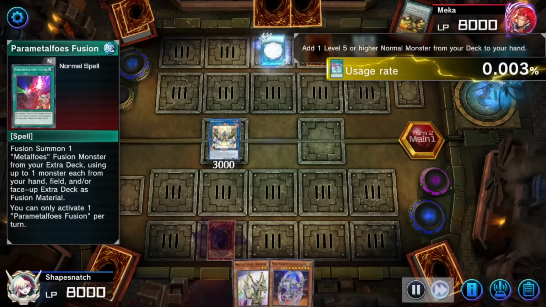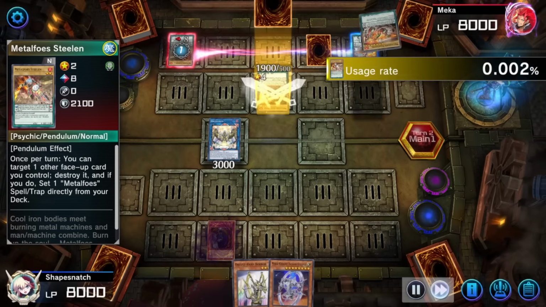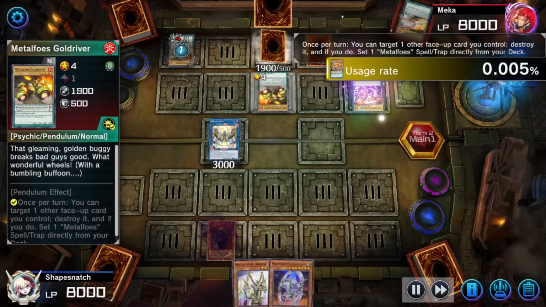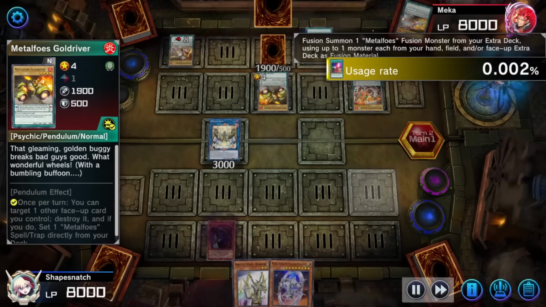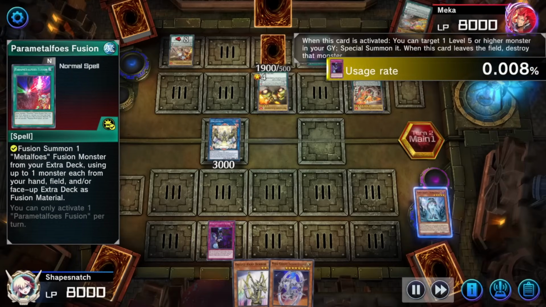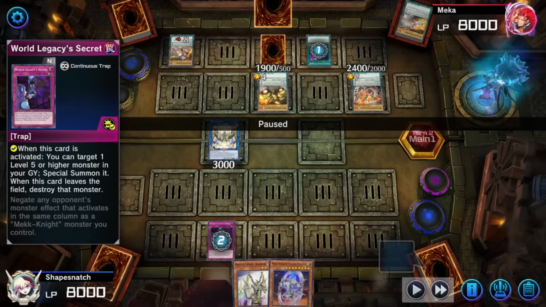And they set Parametalfoes Fusion. Now they Summoner's Arc for Volflame, activate Steal in, Pendulum Summon out Volflame and Gold Driver, and then set Metalfoes combo. This is why Metalfoes is also one of the best decks in this format too. So they're going to Parametalfoes Fusion, and then they gave me an opportunity, because now I'm gonna World Legacy